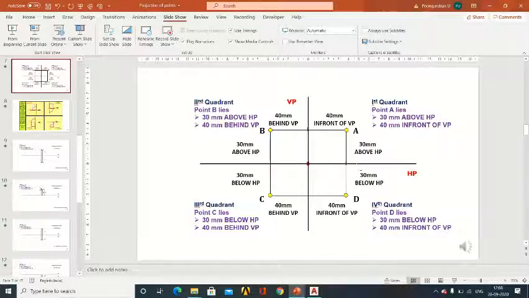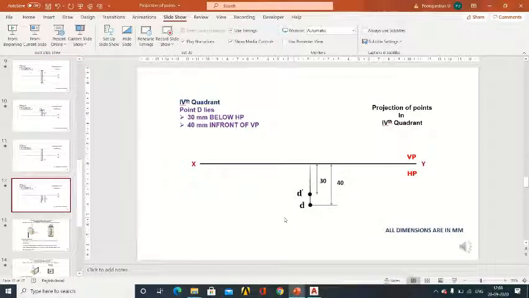Upon rotation of HP 90° clockwise, they will superimpose. So both the front and top view will be lying below the XY plane. So the answer will look like this. You can see here 30 mm below HP and 40 mm in front of VP. So now I am going to draw the projection of point D located in fourth quadrant in the AutoCAD.